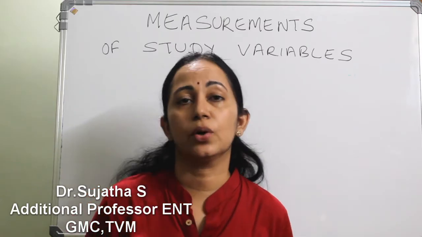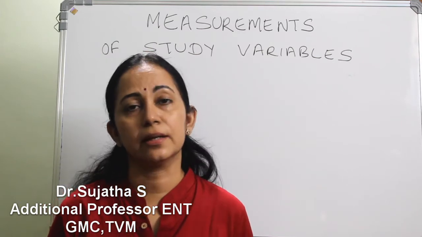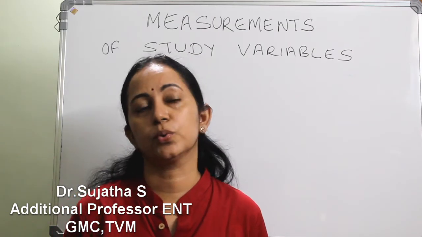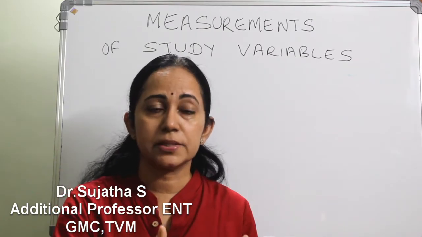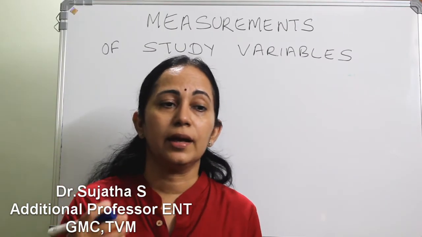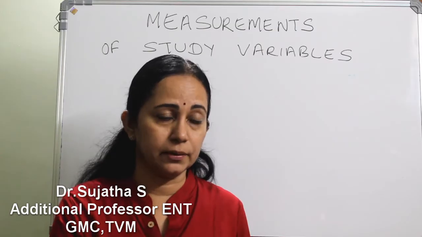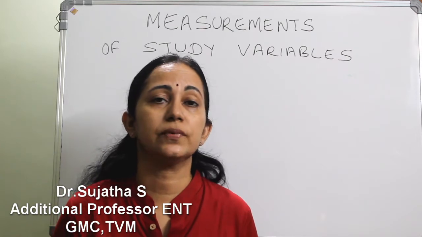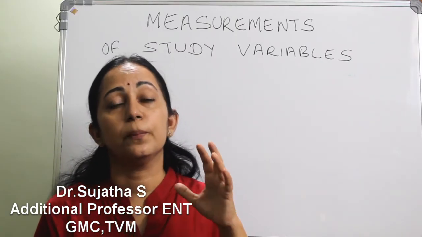So the data, otherwise called the study variables, are the most important part, the basic thing, and the selection of the study variables depends upon your research question and also your research objectives. So we have name of the patient, we have the gender, we have age and demographic profile and the presenting complaints, all these are there. In a paper or in a study, we can't write all these. If there are hundreds or thousands of data, we can't enumerate all that. So from the Excel sheet, we have to measure this.